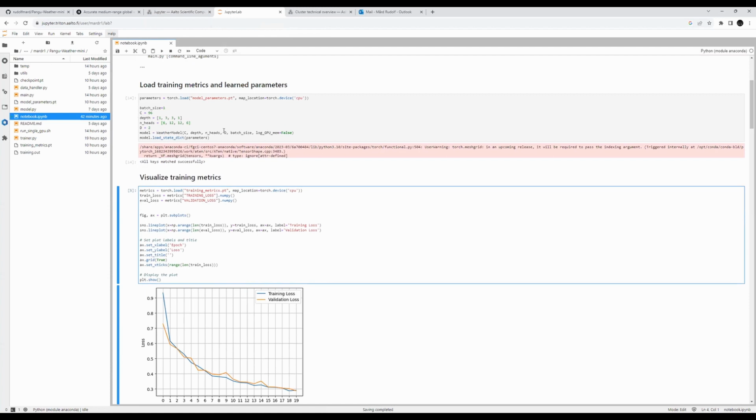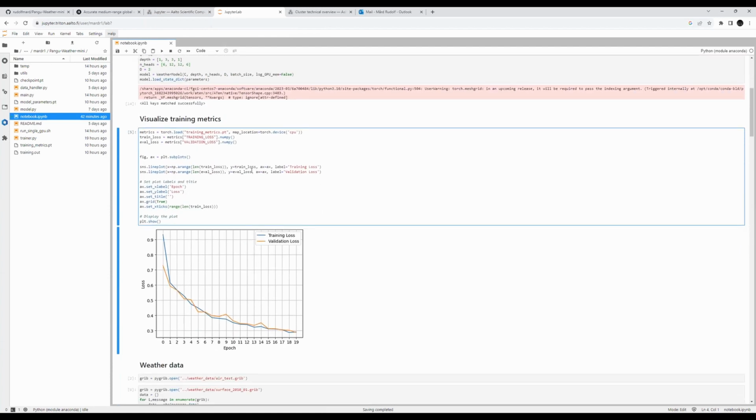Okay. So you didn't do the same training in the notebook that you did in the VS Code. Yes, I'm not running the training on the notebook. Okay. How do you get these plots then, this loss versus epoch?